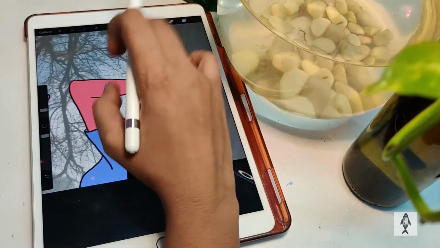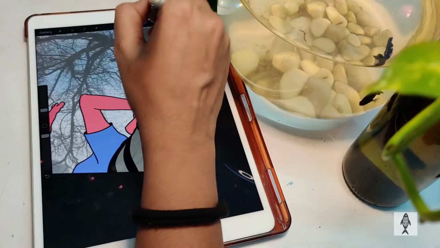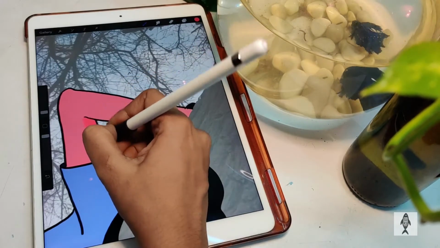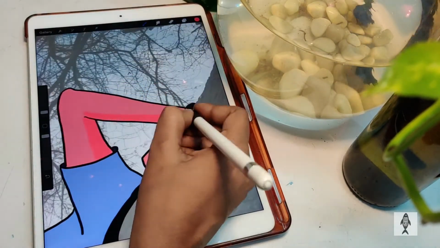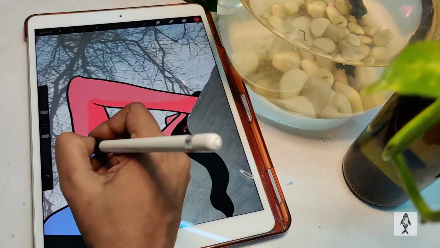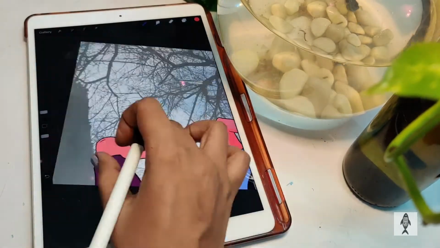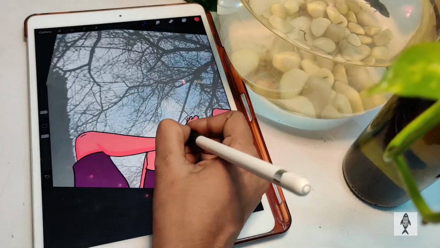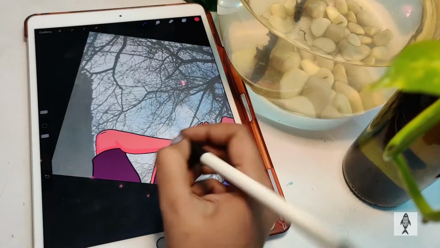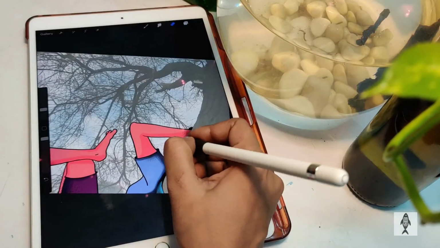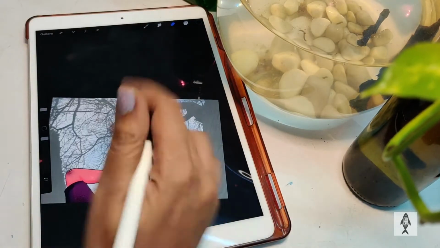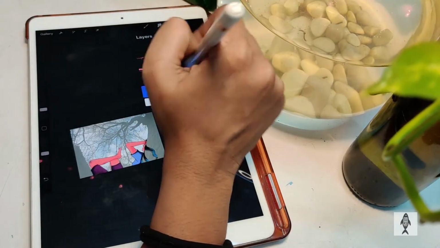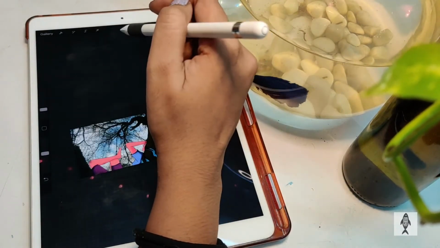I am illustrating a character of a girl here. I'm sketching her out. She has climbed up a tree and is lying there on the branches. I like coloring my characters pink, so I'm coloring this character pink and purple, and maybe the butterflies will be yellow or orange or something. I'm still not sure yet.